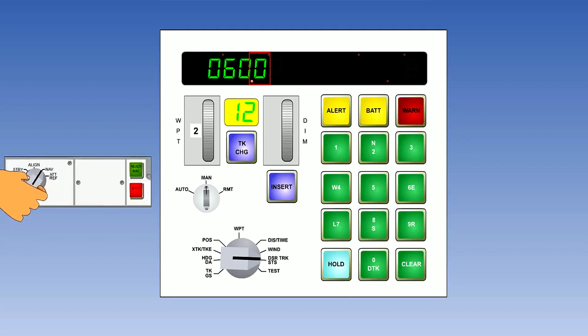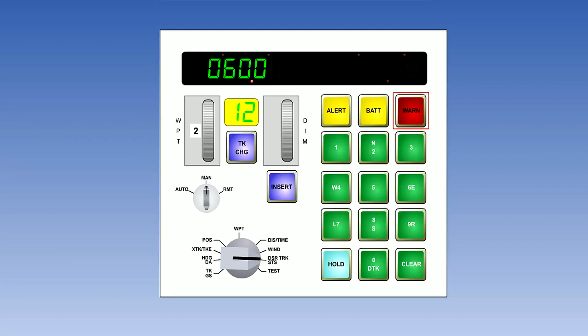We mentioned earlier that system status can give an indication of time remaining to align. However, once NAV has been selected on the MSU rotary switch, STS is used to indicate serviceability and for fault diagnosis. If the INS is serviceable, the code, usually 0000, appears in the right-hand LED. Its main use, however, is for fault diagnosis in conjunction with the red warn light.